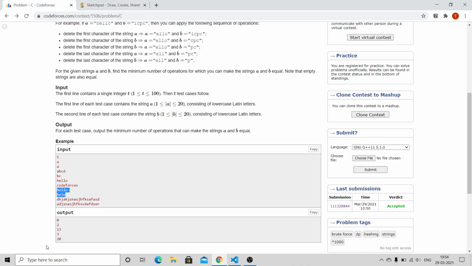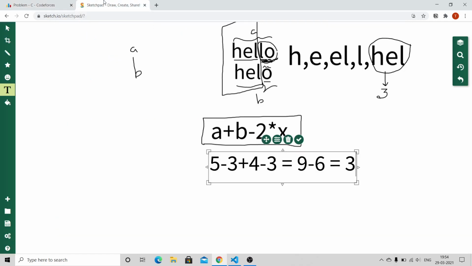So as you can see here, it is given 3. So only three letters are required to be removed to make both the strings equal. That is, from the string A we had to remove L comma O, and from the string B we need to remove O. So now I'll try to explain this more clearly with the help of the code.